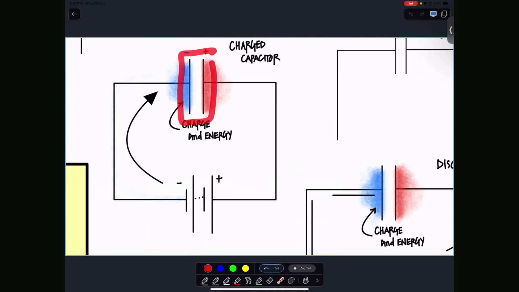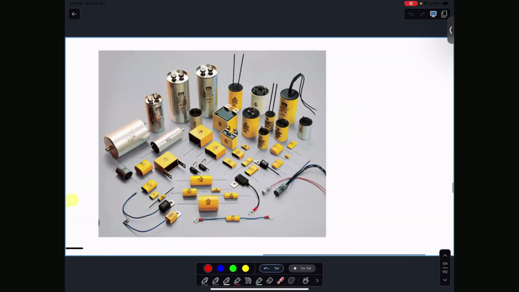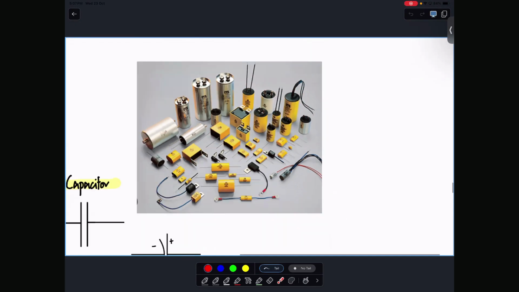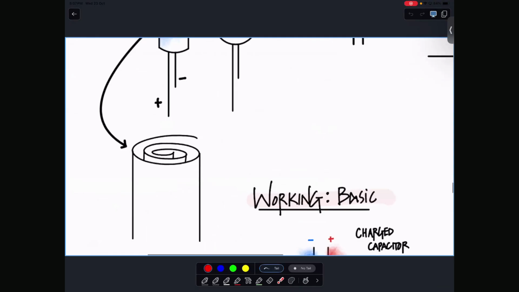It looks like this, by the way, in real life. It's one of the most commonly used components in electricity. You'll find these on every appliance board. We are not going to do that one. We'll be doing these, the parallel plate capacitors. The cylindrical capacitors are a little complicated. We don't have that in our syllabus. They look like this. They're basically wrapped around like that, okay?